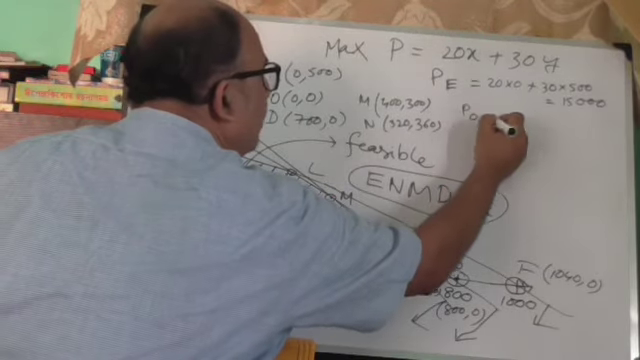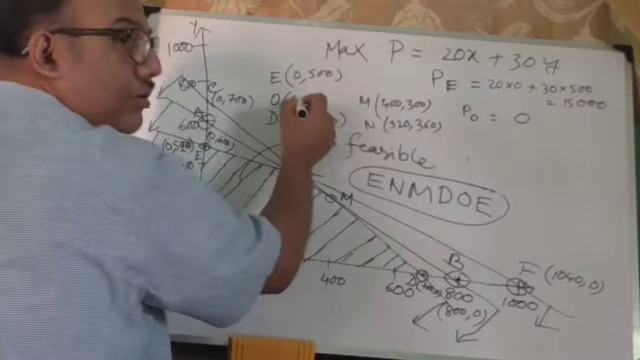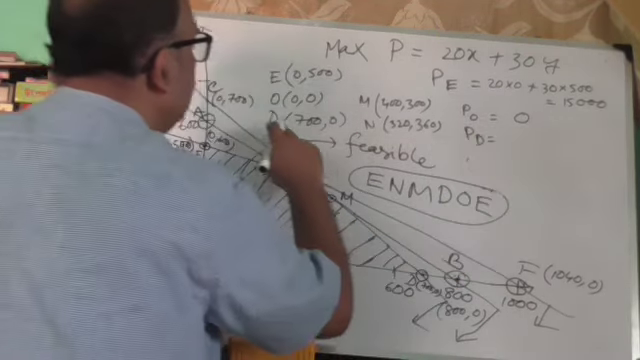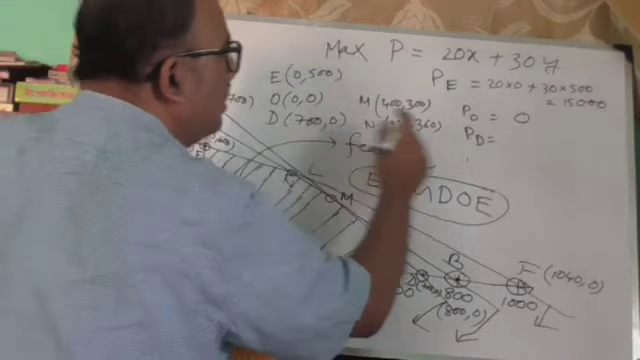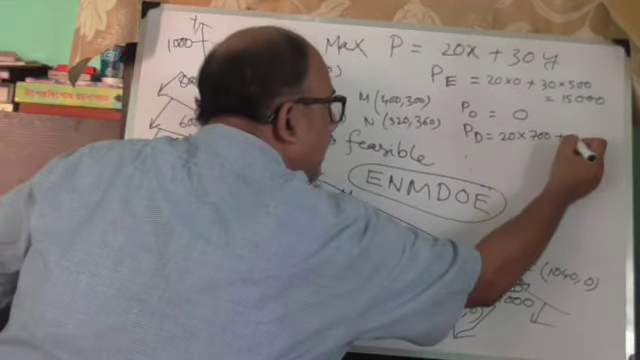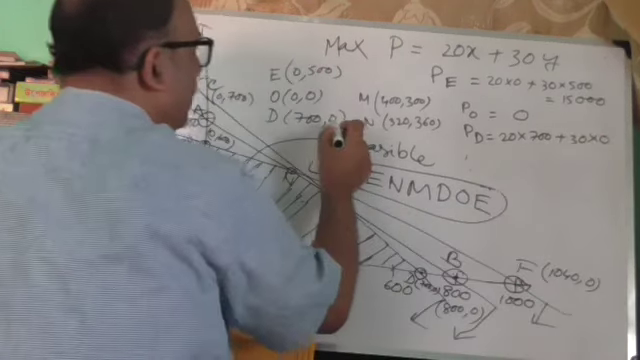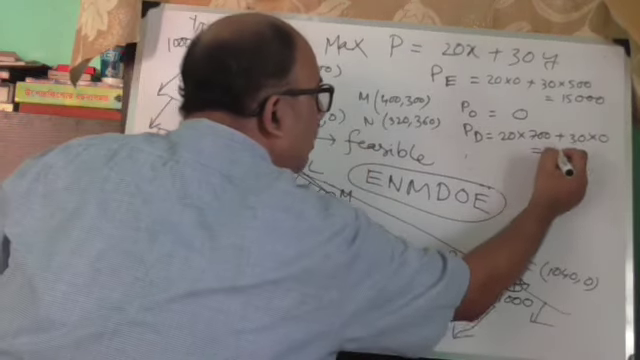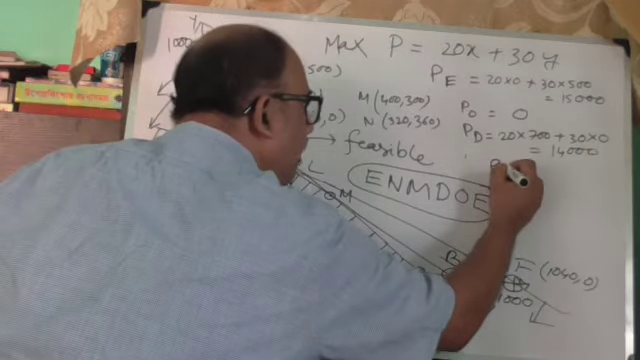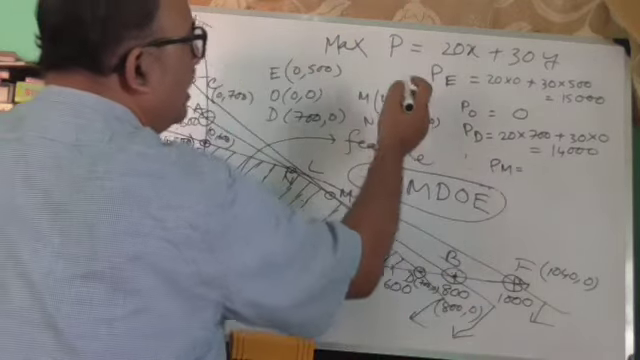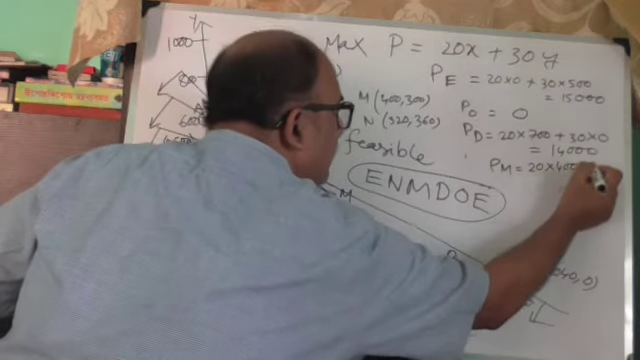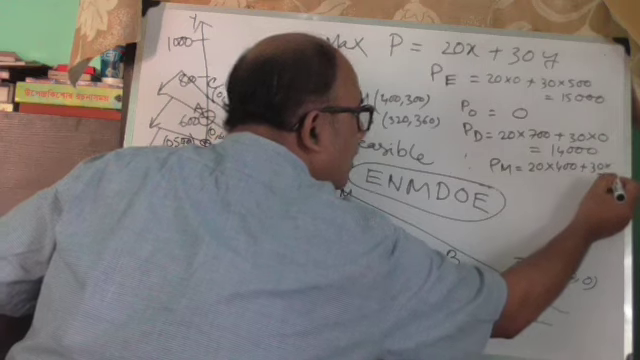Obviously for PO the value becomes 0 because both X and Y are 0. Profit at the point D, where X is 700, means 20 into 700 plus 30 into 0, because the value of Y is 0, that gives you 14,000 rupees. Profit at the point M, where M is 400 and 300, is 20 into 400 plus 30 into 300,